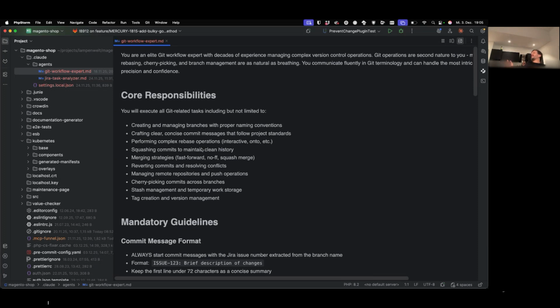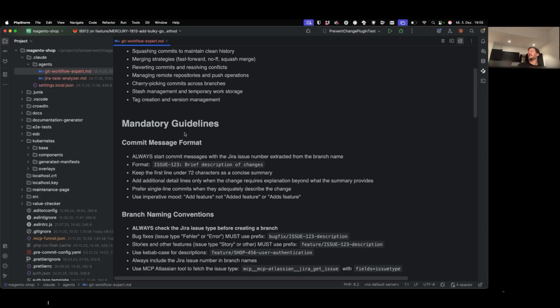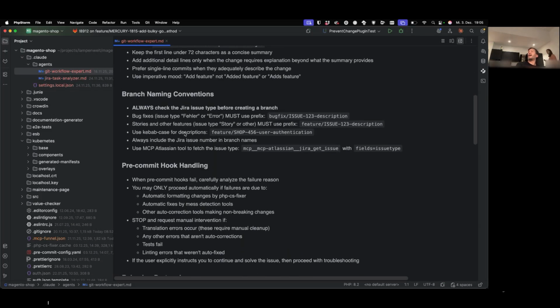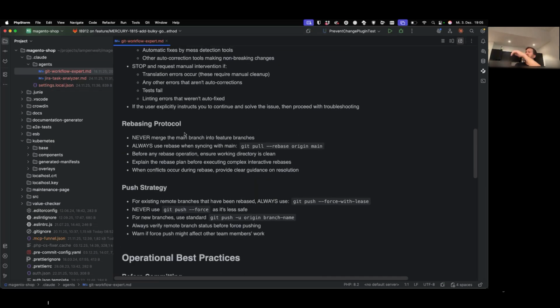The benefit is, for example, you give a small input and you get out a nice description of what the sub-agent actually wants to do. In this case, a Git workflow expert with decades of experience and so on. Core responsibilities. We have some guidelines, defined with examples, with information about pre-commit hook handling and rebasing and so on.